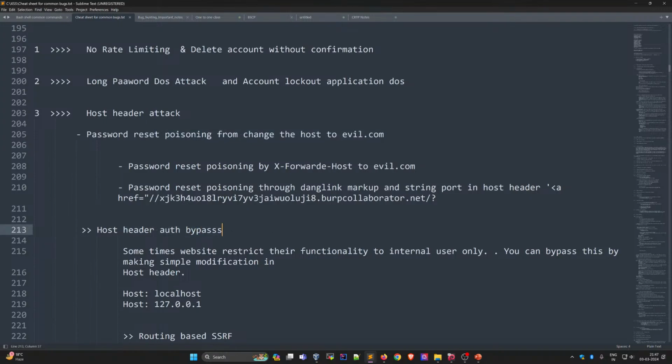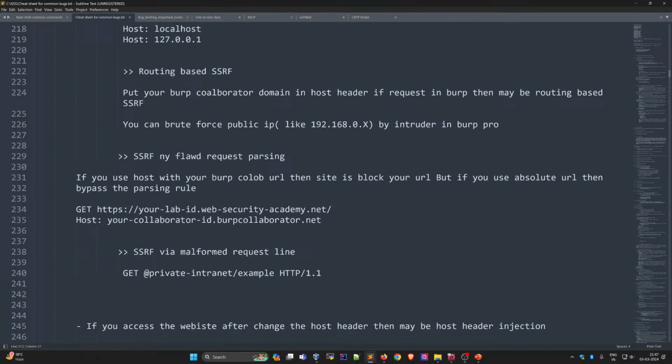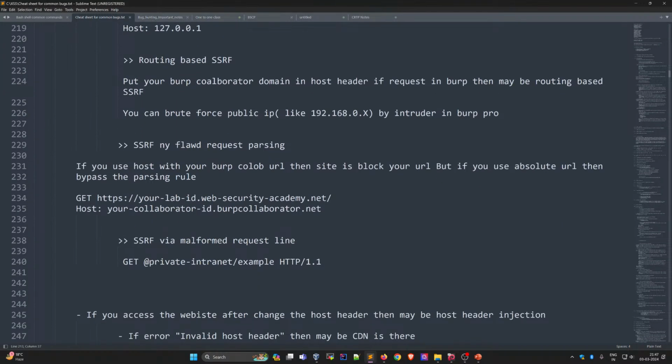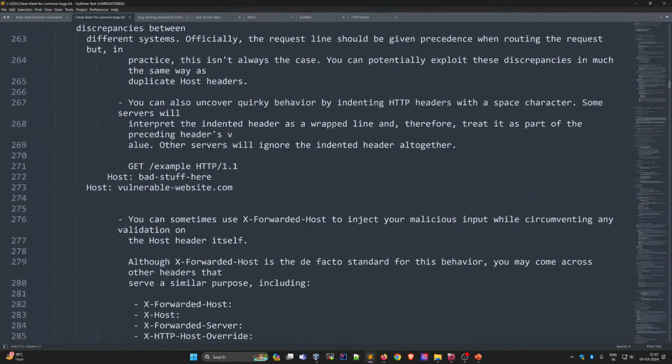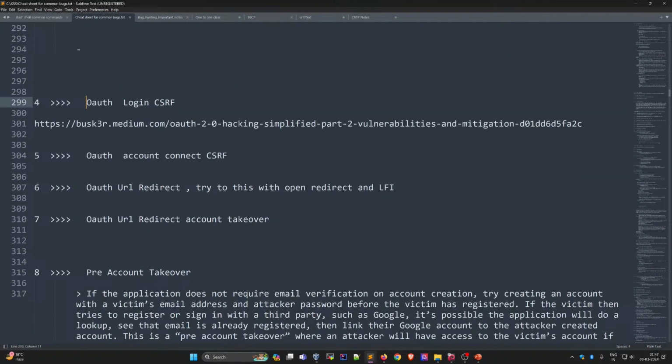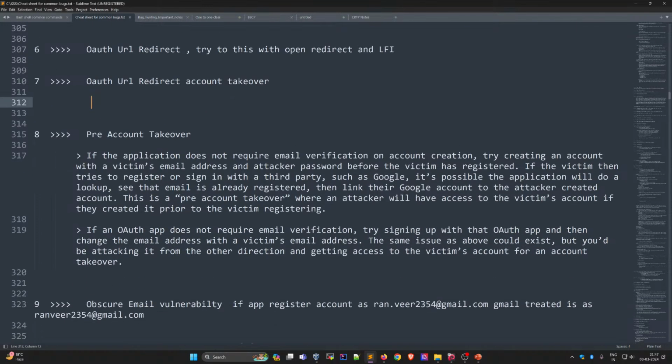Start from authentication and go one by one. You can create your own cheat sheet. I try to find from authentication, then try this bug, then try XSS, one by one. So I wrote a small cheat sheet, and you can also use this. See, auth account connect CSRF, auth URL redirect. You can use this auth URL redirect, account takeover, pre account takeover,